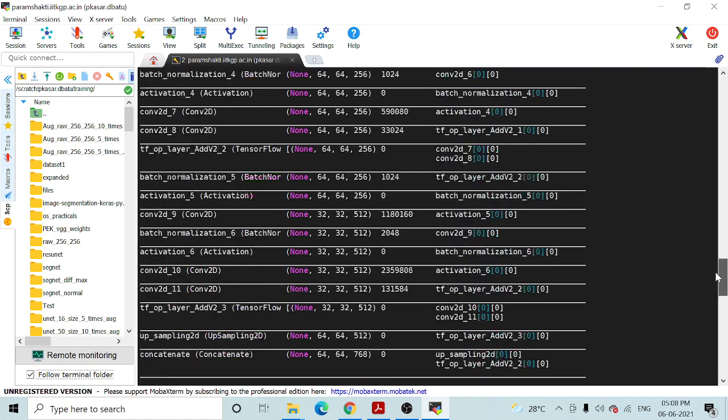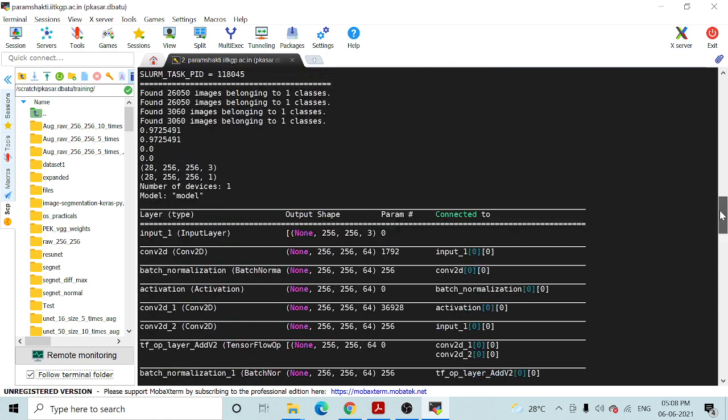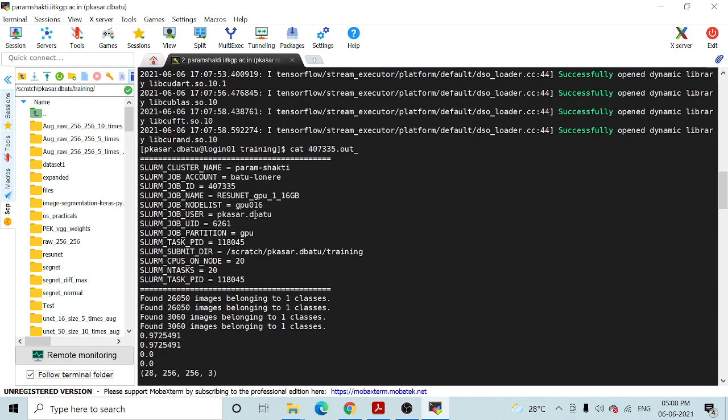So you can see this is my model summary, and this is the content: the Slurm cluster name Param Shakti, then the Slurm job account is Batul Onere, then the job ID, this is the job name, and this is the node list. Out of a total of 22 nodes, my job is currently executing on the GPU node number 16.